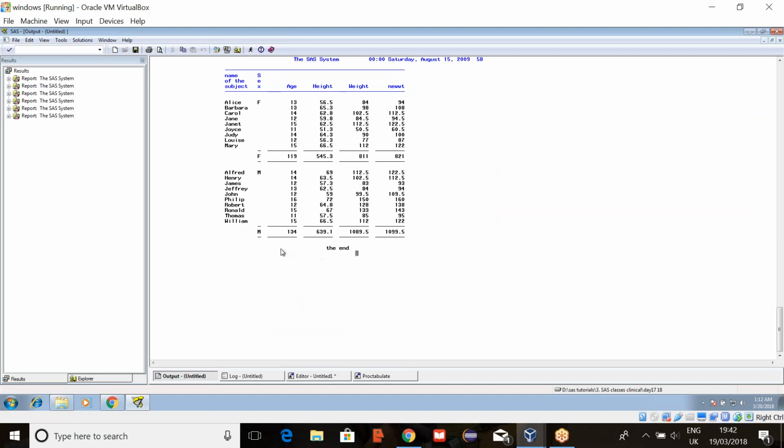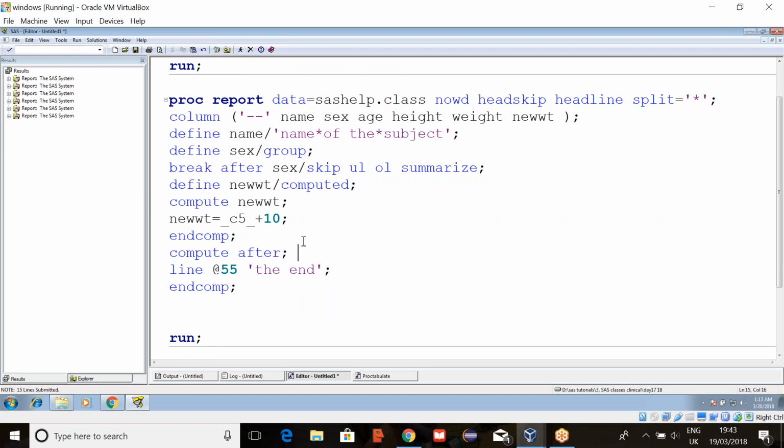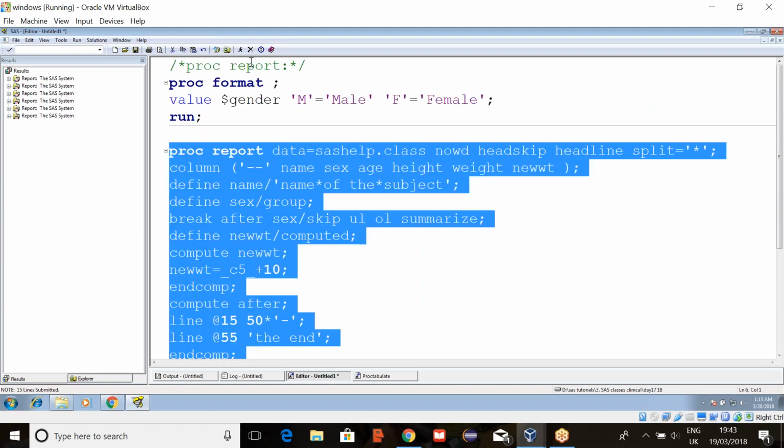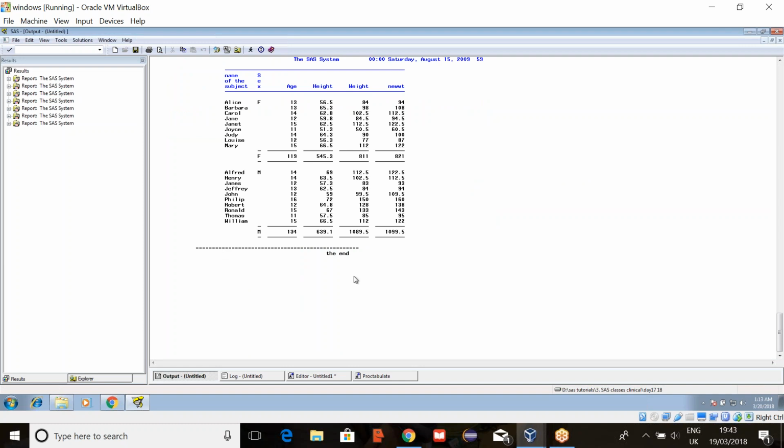See? And before that, draw a line here on top. So if you want to draw a line, first you want line, so line starting at the 15th position, and how many hyphens can we give? We cannot give so many hyphens, right? So we can multiply that one, like 50 into, so it will multiply that. And it is not sufficient. In real time, first we generate an output because we are not sure how many spaces it will take, how many hyphens from which position, so we keep on adjusting accordingly.